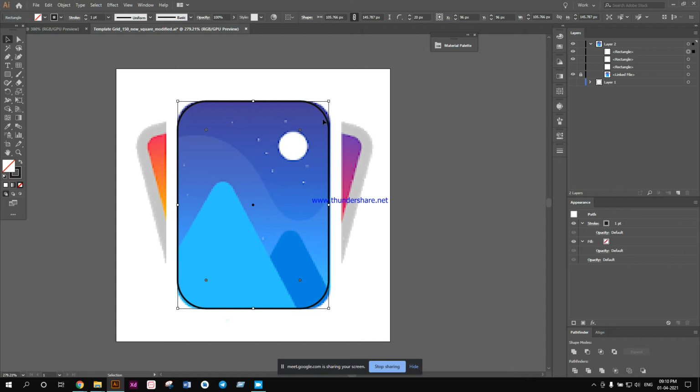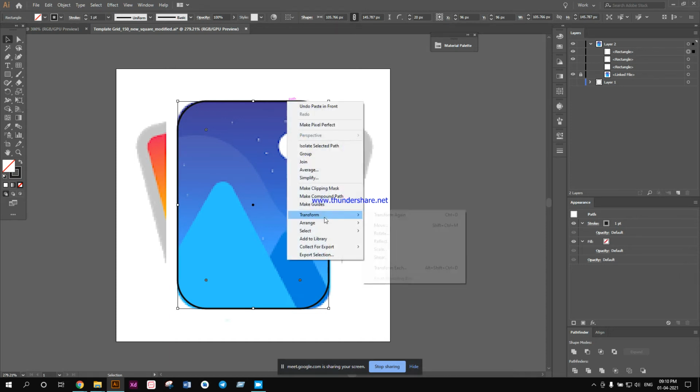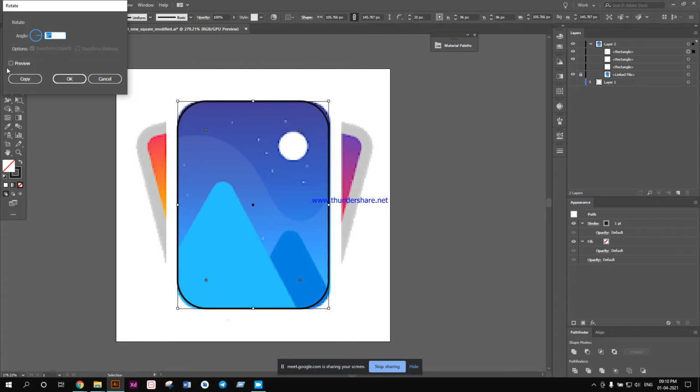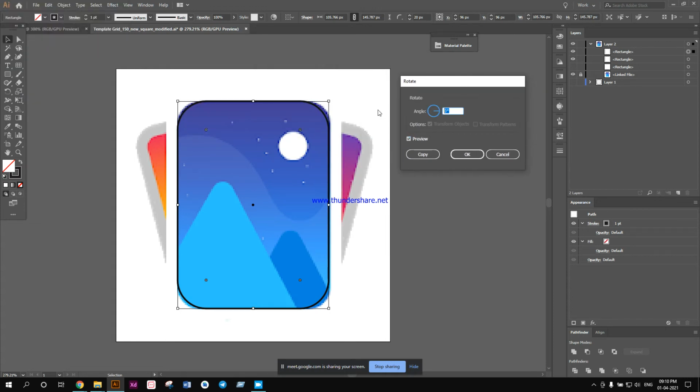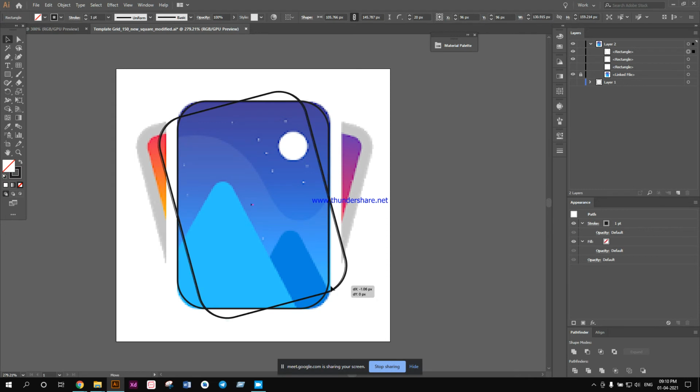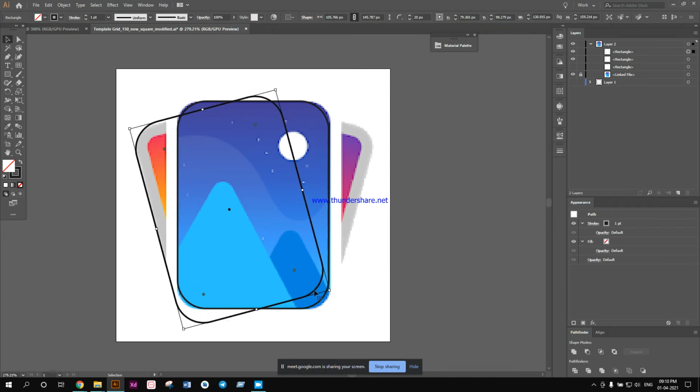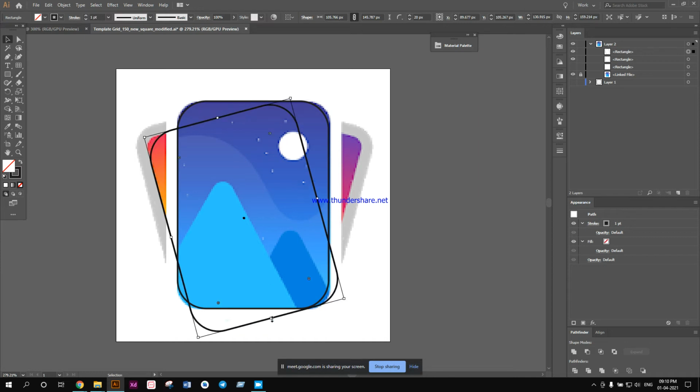Now I have to make these two background rounded rectangles square. So I have to transform and rotate. Let's see, rotate this by 15 degrees, I suppose. Yes, 15 degrees was nice. At 15 degrees and manually adjust it. Let's connect to that because I do not want that. Drag it inside. I just want that outer part.